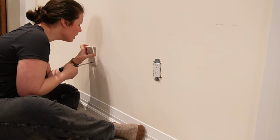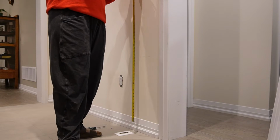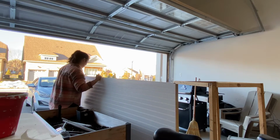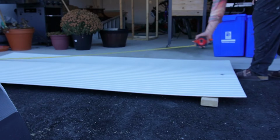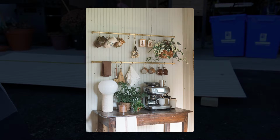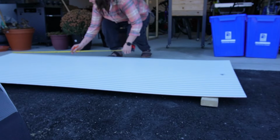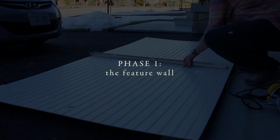Hi everyone and welcome. In today's video, I'm doing a very exciting transformation of this very white, bland wall in our kitchen. Up until this point, our tea kettle and coffee maker, along with all our supplies for hot drinks, have been scattered all over the kitchen in different places. So the vision here is to pull inspo from the English cottage style, creating a coffee bar. This means a beadboard wall, pine wood, antique pictures, and wicker elements for texture. And to top it off, I am making this renter-friendly because we do not own this wall or anything it's